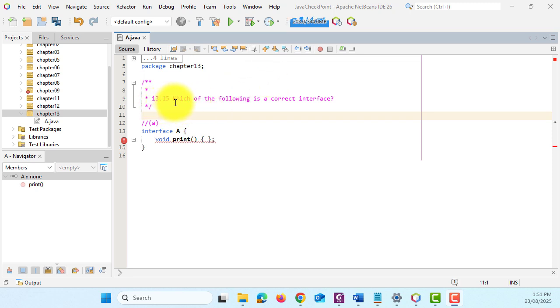Checkpoint 13.15, which of the following is the correct interface? Okay, there will be a series of questions like A, B, C, D, all the way to, I think, E. Let's look at the question here. Interface. If you remember the condition for interface, you can have only